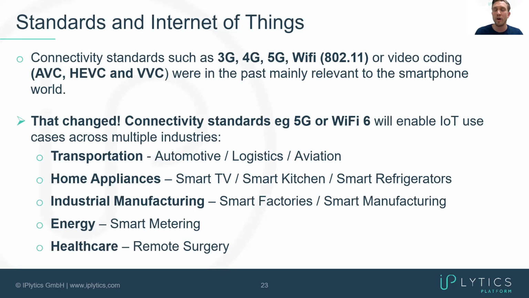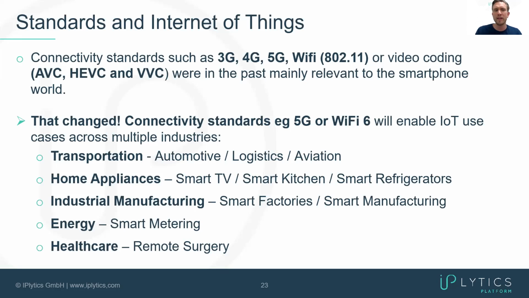These kinds of technologies are all enabled by connectivity, and that might be through 5G, that might be through Wi-Fi. Think about the whole infotainment, connecting your smartphone with infotainment through Bluetooth. Think about wireless charging of your phone within a car. Think about video coding of your display in a car. There are so many things in the automotive, but also logistics and aviation space where standards will matter a lot more